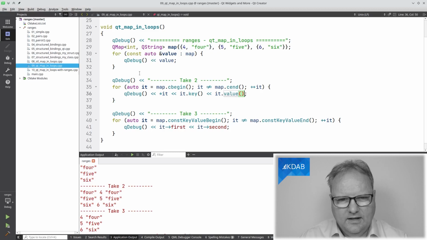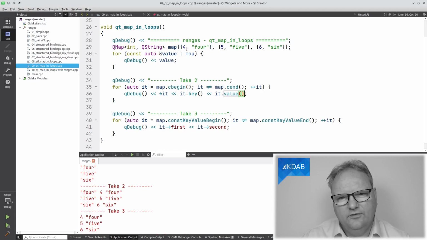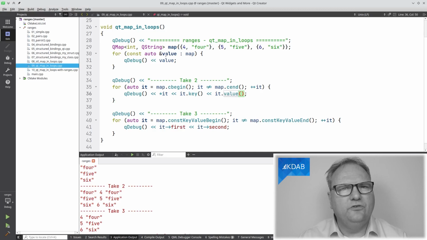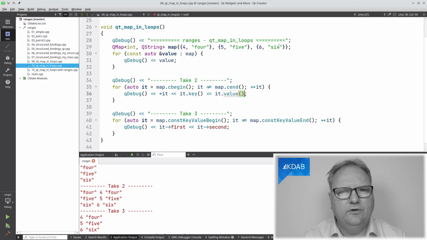Okay. Go up and look at the range-based for loop here. There is no iterators, no nothing. But when I print out the value that I get assigned here, it is, of course, the asterisk it. You can see that's 4, 5, and 6. So the Qt version of the map just gives me the values of the items that I'm iterating over.